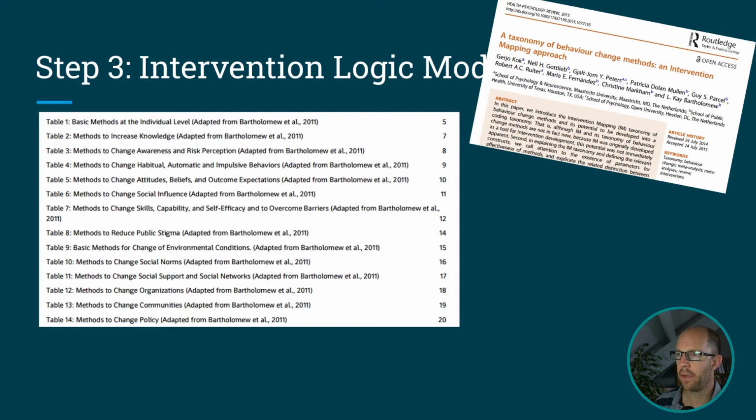You can see here that at one point during intervention mapping, we start to think about what we want to achieve. Do we want to increase knowledge? Do we want to change habits? Do we want to change attitudes and beliefs, social influence? So the first half of that table, in fact all of it, is about... Yeah, so at the top we're looking at more individual level, and then as we progress down we're starting to look at more broader